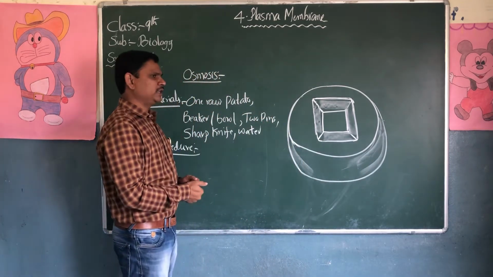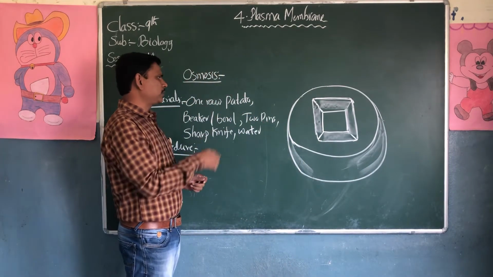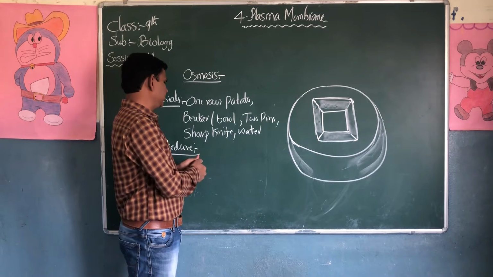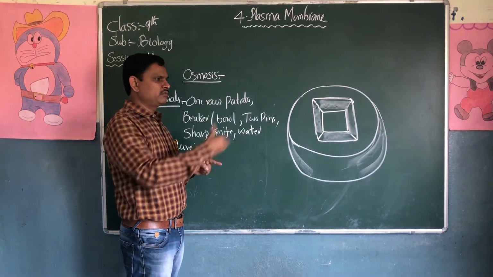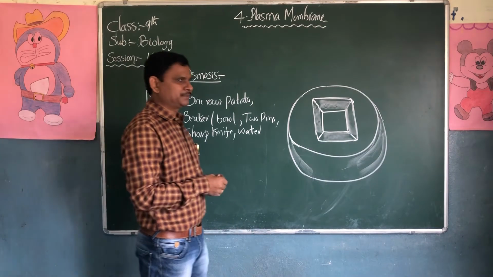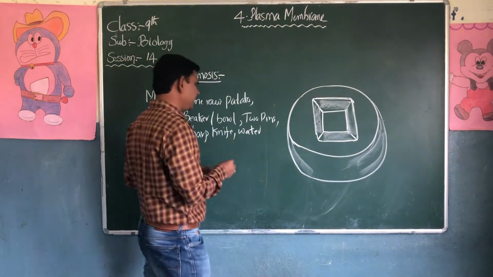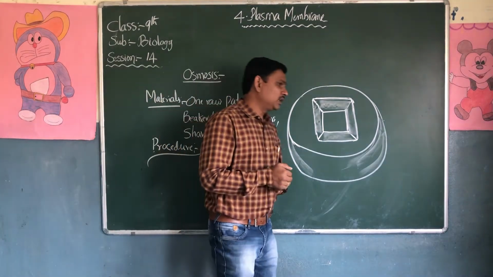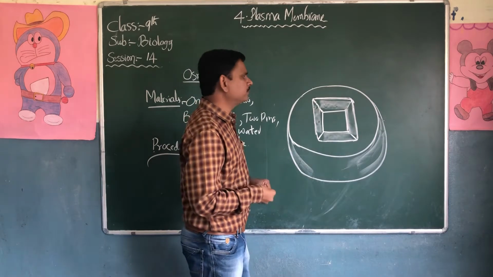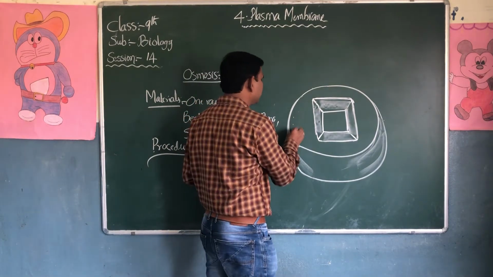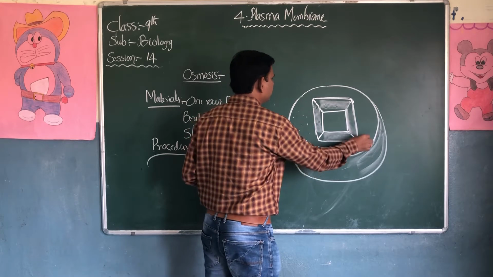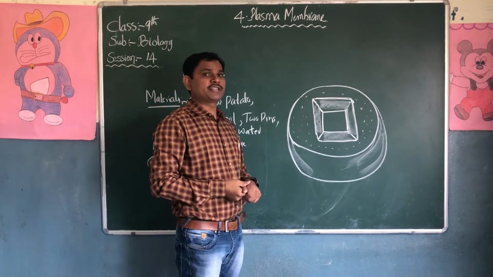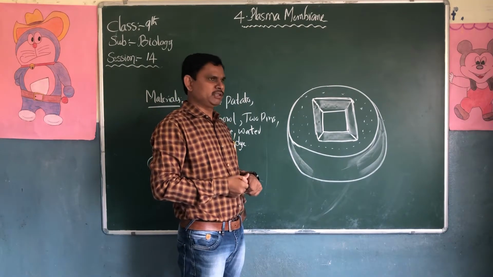So now we come to the explanation. Cut the potato in cuboid shape. We need a bowl, two pins, and a sharp knife to cut it. You have to peel it. Then take water. We also need some dye, some color. Now we have to take some water in the bowl. Now we have to prepare a saturated solution. We already know how to prepare a saturated solution.